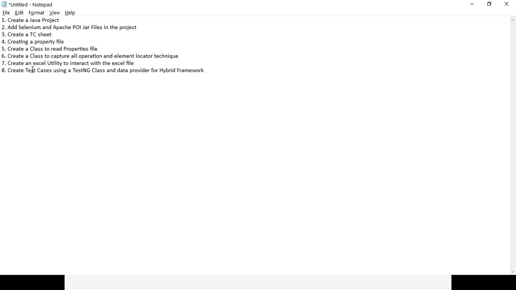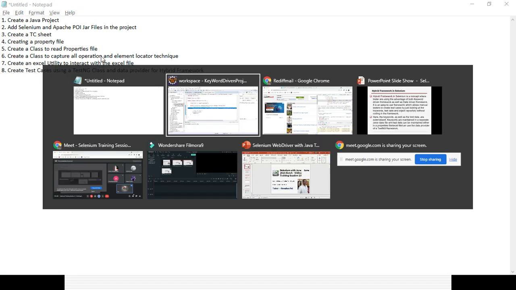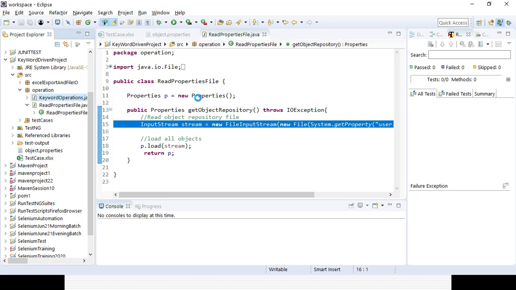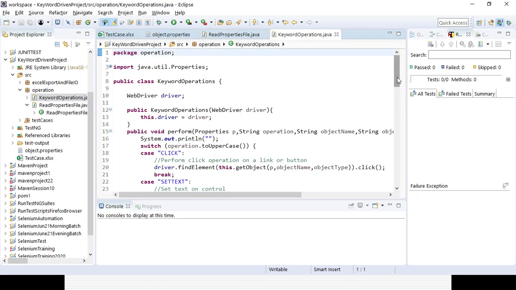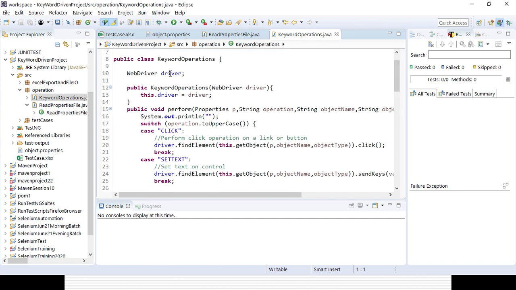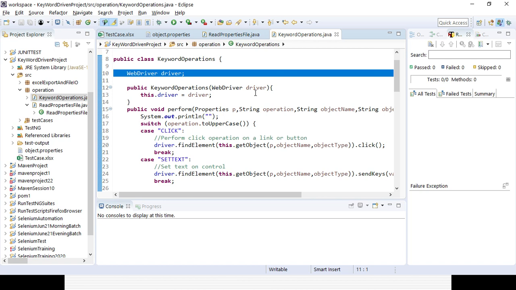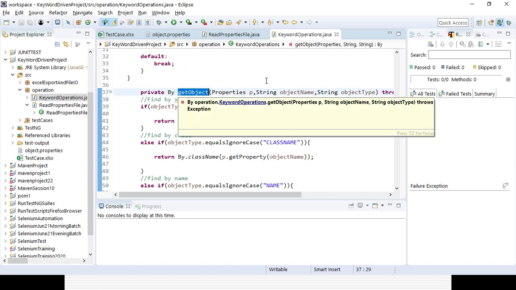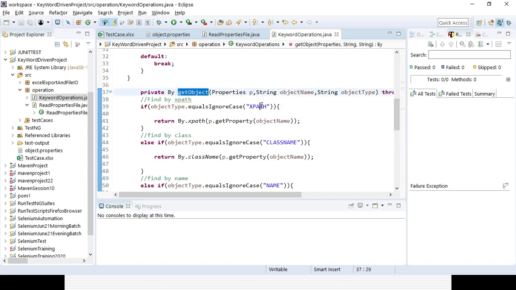Then I am creating a class to capture all operation and element locator technique, which is nothing but the keyword operations dot java class. If you open first, I am declaring a global variable for the web driver, right? Then I am creating a method here for get object, right? For each and every different element locator type, I am trying to read it, right?